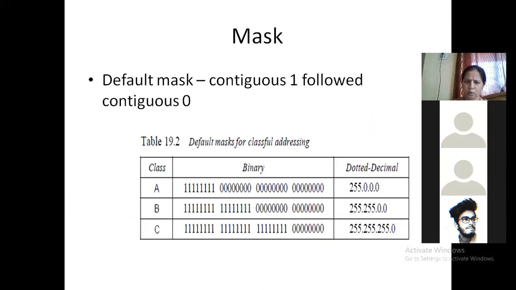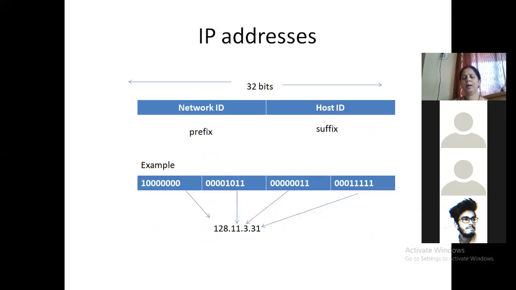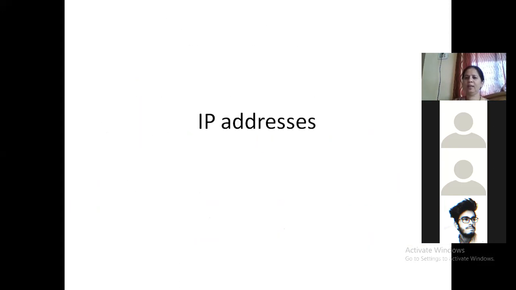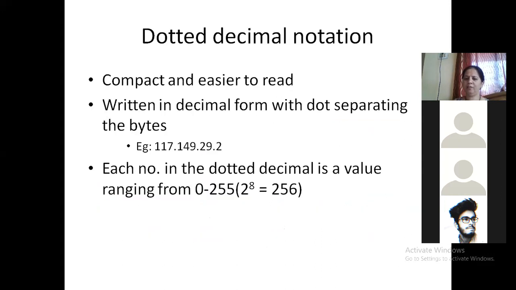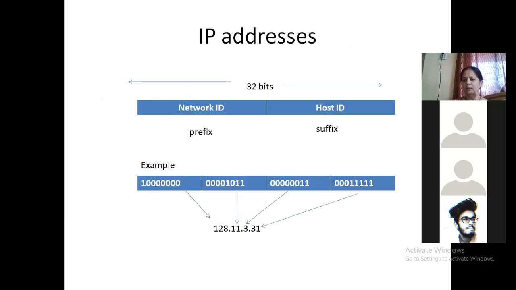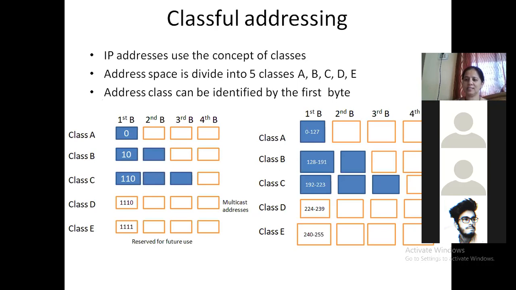Okay. There are more things that I wish to tell you, but I hope these points are clear. If you have any doubts, you can ask me. I have told you what IP addresses are, the definition, and what is meant by address space. We know about dotted decimal notation. Since 4 bytes are there, the total 32 bits are divided into 2 parts, network ID and the host ID. And we have 5 classes of addresses, class A, B, C, D, and E. Depending on the first bit or second and third bit, we can make out which class that particular address belongs to.